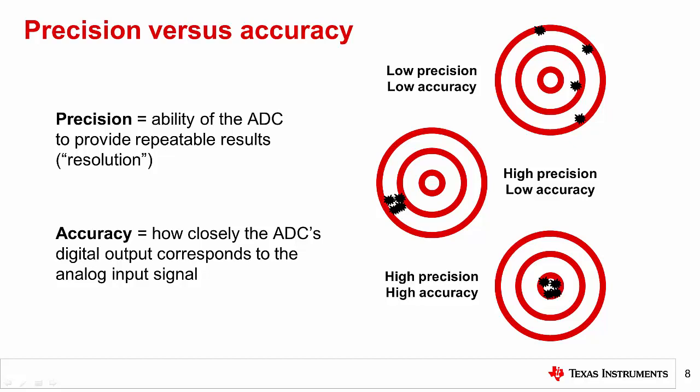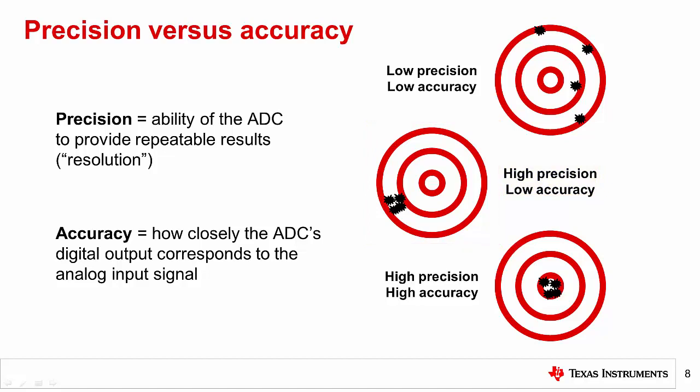The difference between precision and accuracy can be illustrated using the classic target analogy. The first image shows results that are not repeatable. They are scattered and far from the bullseye. This is an example of low precision and low accuracy. In the second image, the results are still missing the bullseye, but they are at least tightly grouped or repeatable. This is an example of high precision but low accuracy and isn't such a bad result.